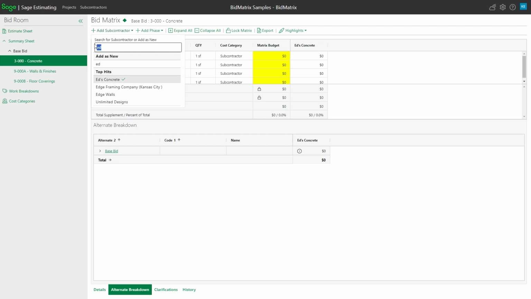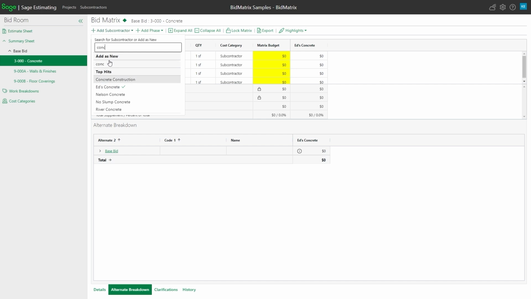This is also where I could type in some new name or something like that. And if you notice, it says add as new. If I click on this, that's how easy it is to add a subcontractor that's not in the system. If it finds a match of anybody, so let's say I look for concrete and so forth, it'll find all these different companies.